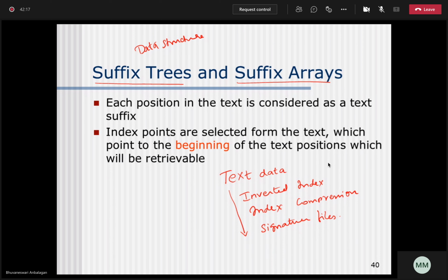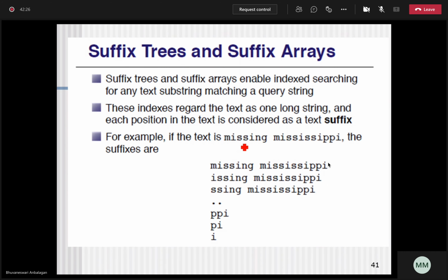A very simplified form of data retrieval from text data can be done using suffix trees and suffix arrays. I will just go straight into it. Suffix trees and suffix arrays will help you make searching over the indexed data much easier.